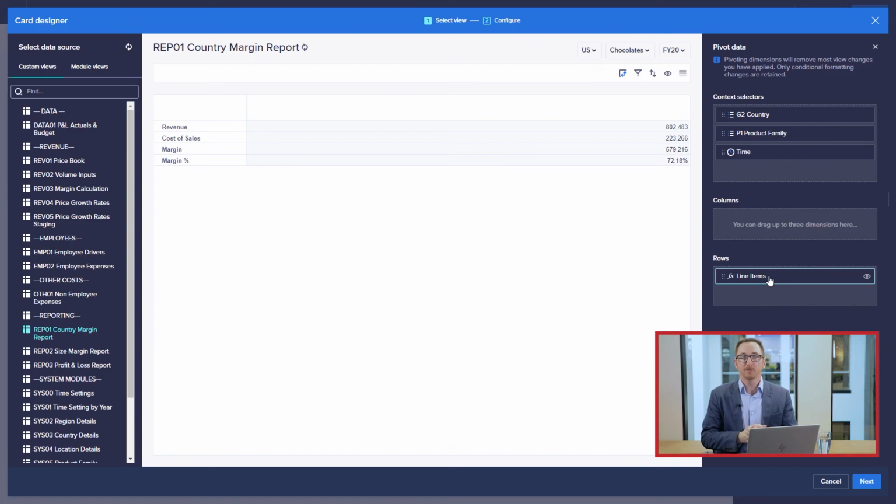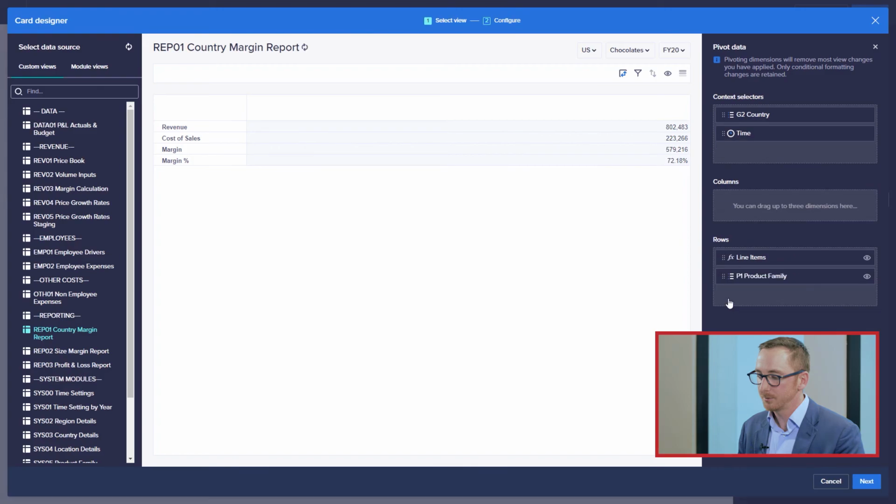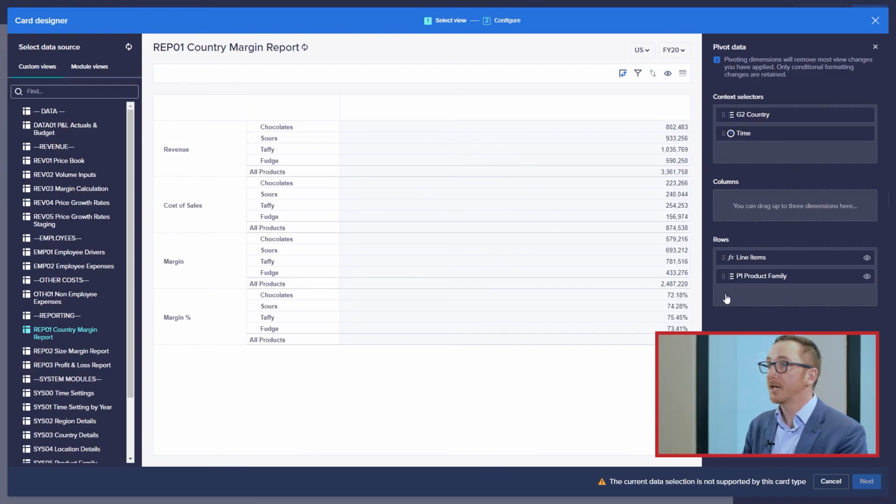For our example, let's take the product family. And in this case, we're going to move our product family down into rows. And then the other thing we're going to do is make sure we have time and line items as the context selectors in there.